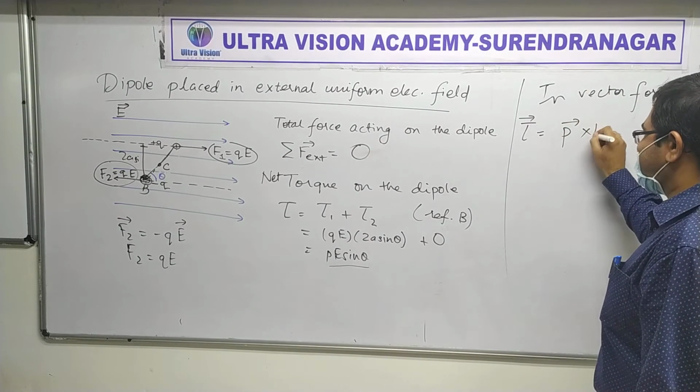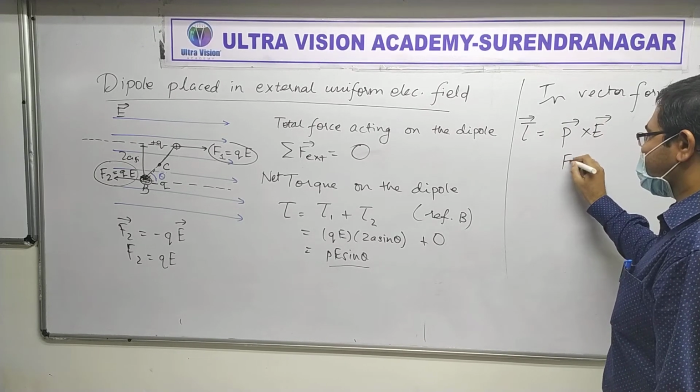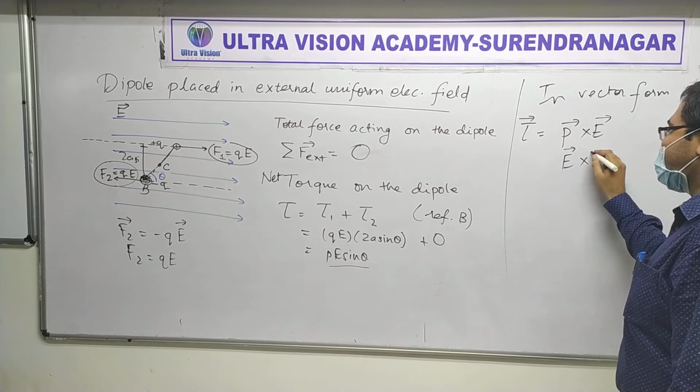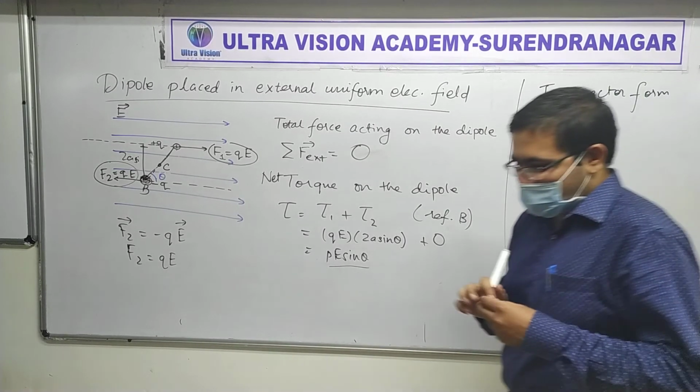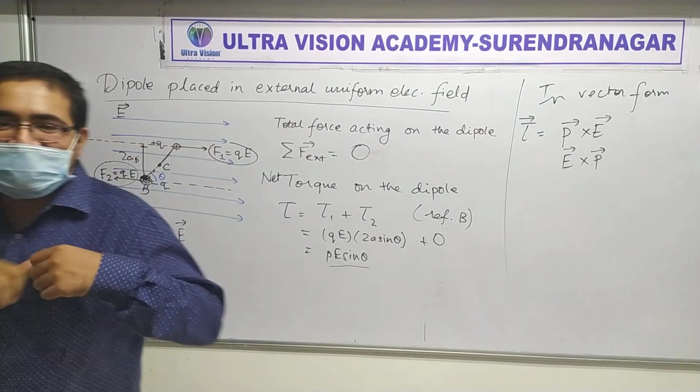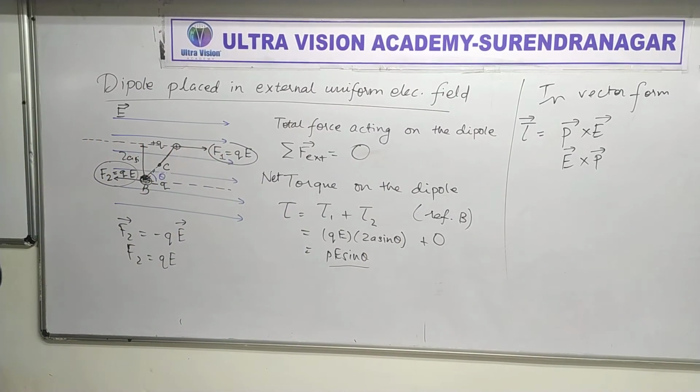First one is correct, second one is wrong. I'm telling you beforehand. Now how to decide which one is right and which one is wrong? Let's see. We will use the right hand thumb rule. Do you remember that rule or not? Yes. You remember, right? It will get a bit harder once the fourth chapter comes. Okay, well,